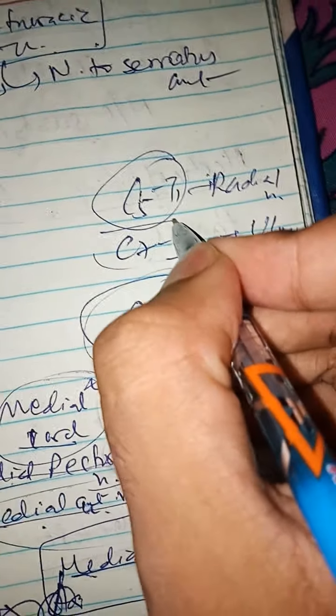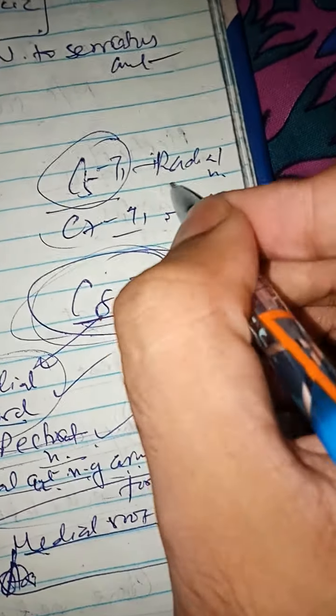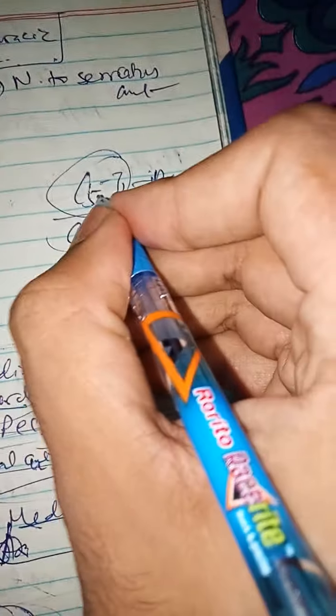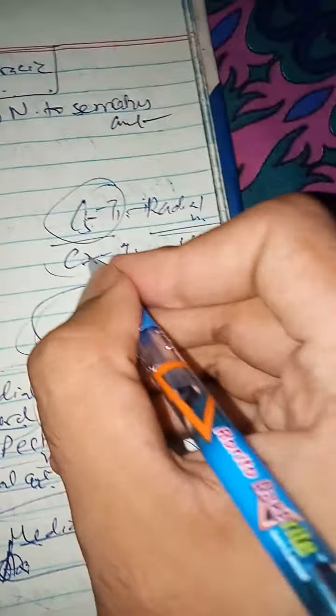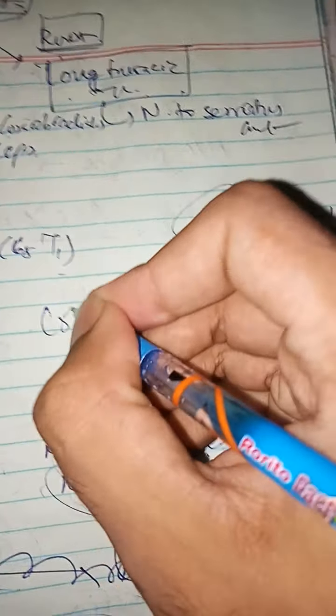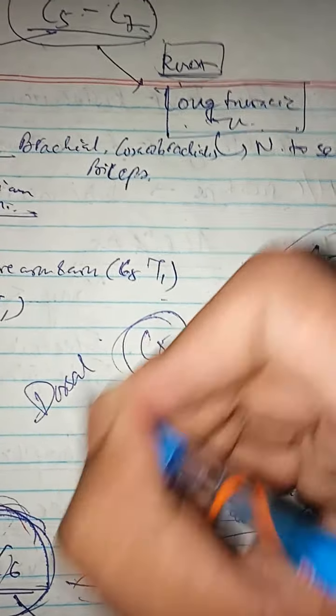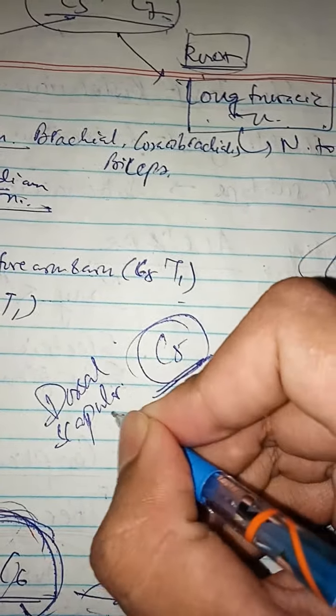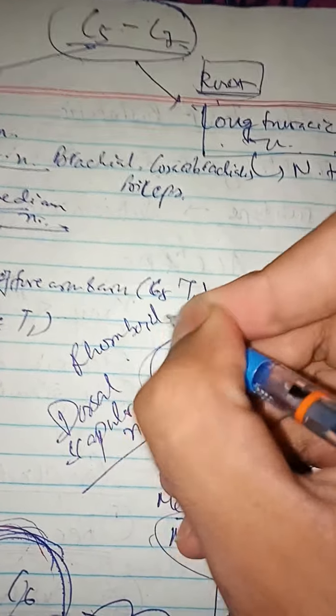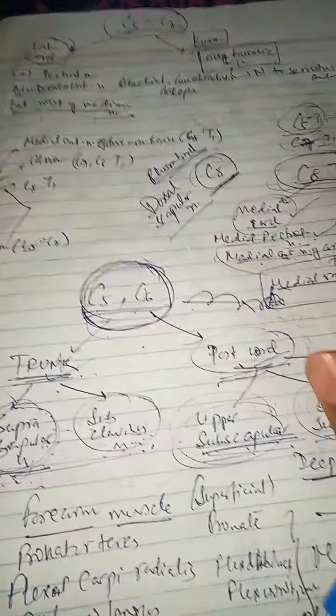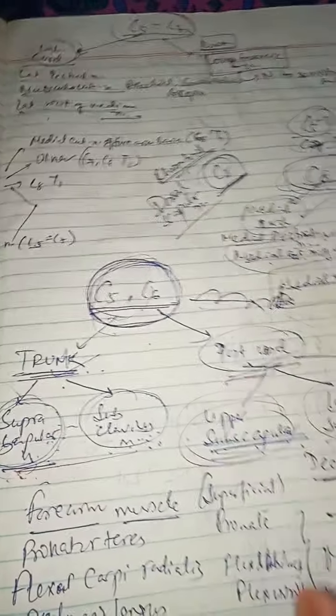Now if I add C5 to this C8 T1, then it will be the radial nerve. So the radial nerve root value is C5 to C8 as well as T1. If we add C7 to C8 T1, then C7, C8, T1 is the ulnar nerve root value. If it is only C5, only and only C5, then it is the dorsal scapular nerve, or nerve to rhomboids, because it supplies the rhomboid major and rhomboid minor muscles. So with just these three things we can remember the whole brachial plexus: C5 C6, C5 C7, and the